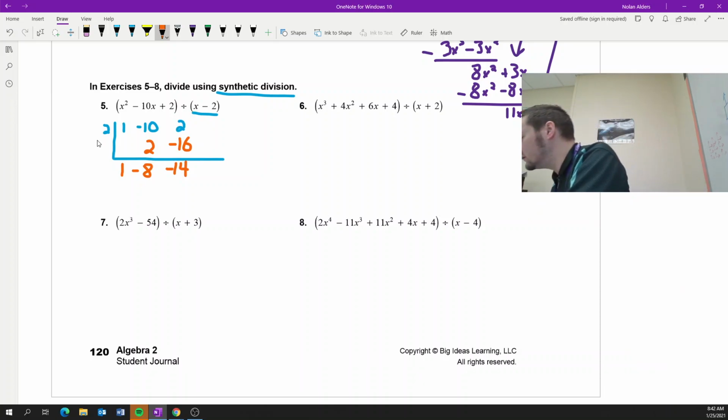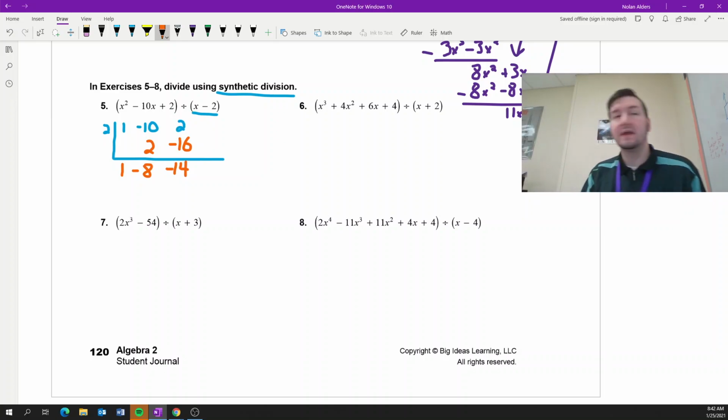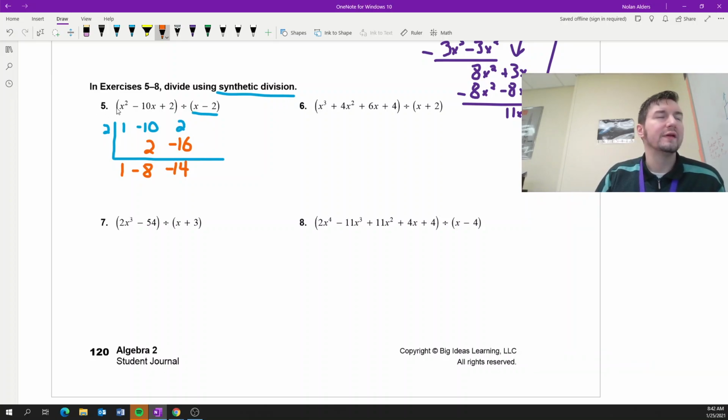I want to make sure that I give it to you in the right way. So let's do that. All right, so the answer is: this last little bit right here, the last number, is going to be your remainder. So this is just going to be your regular number, and this will be an x. Essentially, whatever the degree is on the first polynomial, your answer is going to start out with a degree less. So this is going to translate to just 1x minus 8. And then this is your remainder, so it'll be minus 14